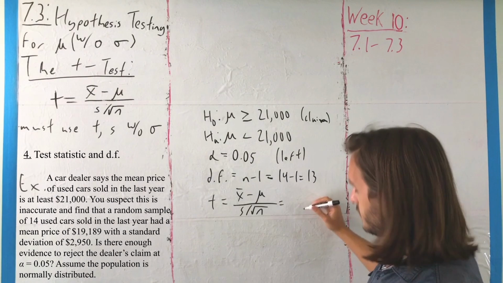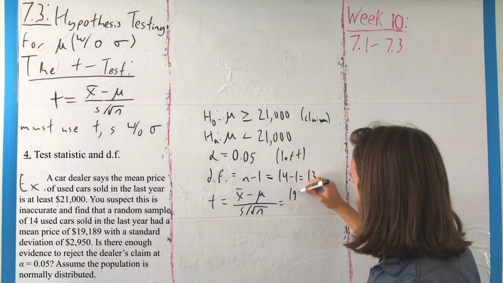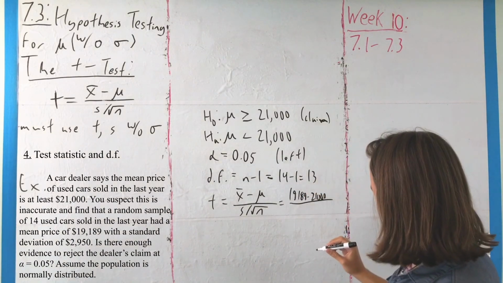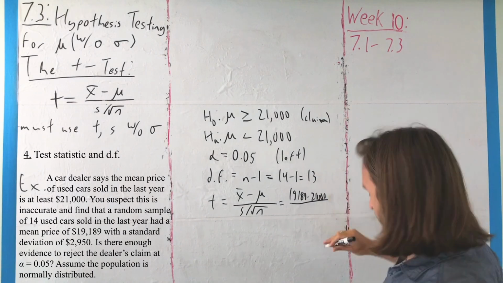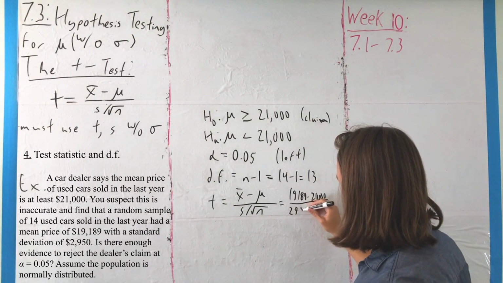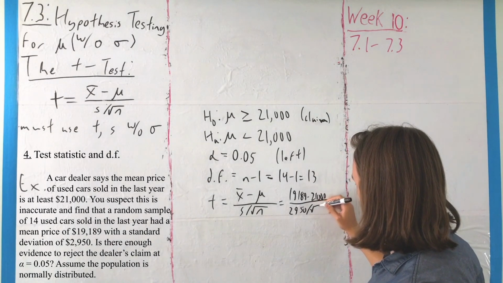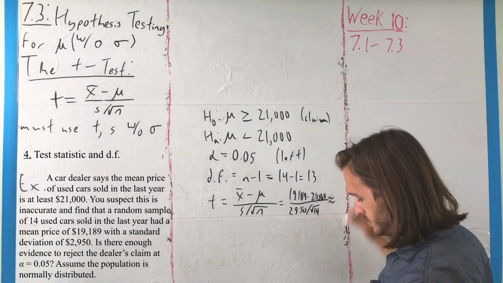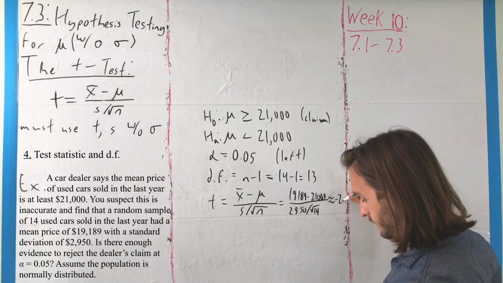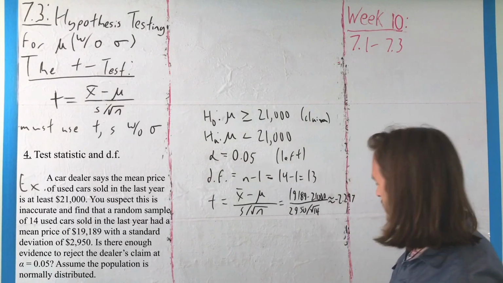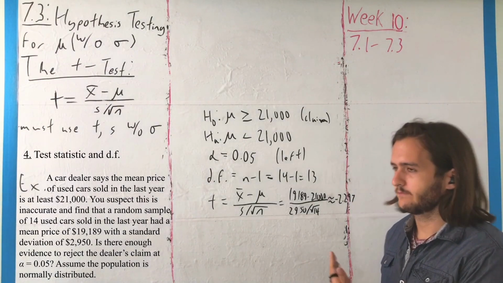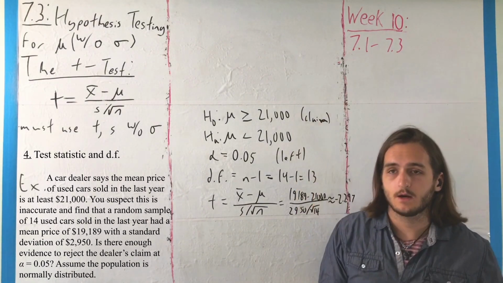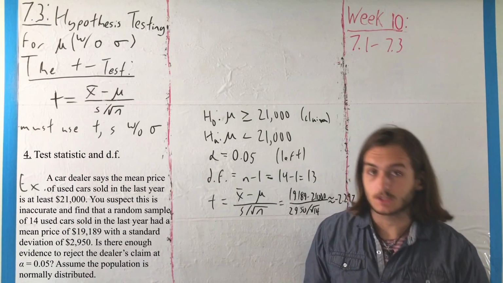In any case, here that's going to have the flavor 19,189 minus 21,000. I'm trying to write small so I can maybe fit it all on one line, but it's going to be close. Divided by 2950 over the very nasty square root of 14. That's going to be about 4, though, which will give us a t-score that is approximately negative 2.297. So about negative 2.3 standard deviation-ish things below that mean there,